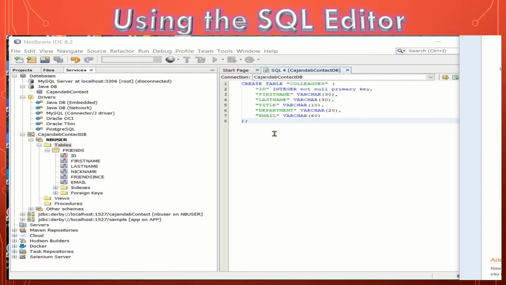After typing the SQL command here, as you can see, this is our table colleagues. Our fields, we have the ID, first name, last name, and email, and then we have here the data types, integer, varchar, and then the sizes for each field. So after doing all that,